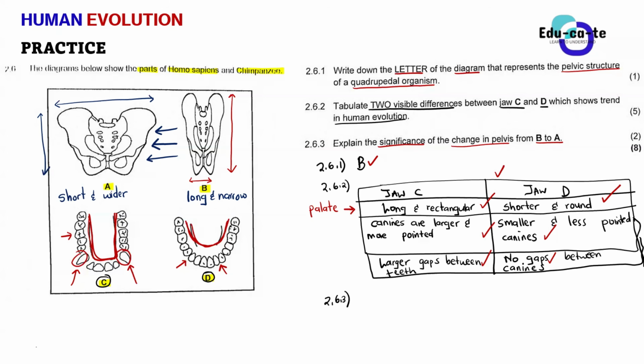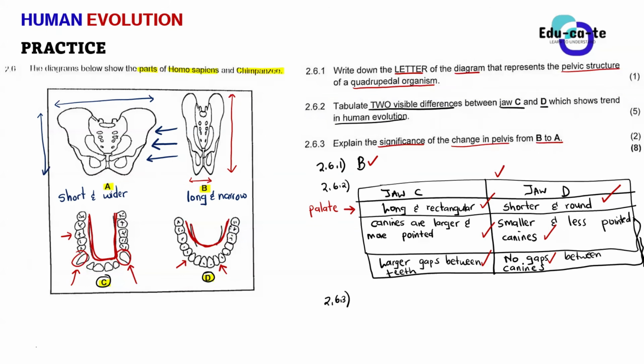Okay. So let's just correct one thing. You have just explained the significance of bipedalism. That's true when you're explaining the significance of bipedalism. But here, from the view of this question, we're explaining why it is important to change from having a long and narrow pelvis to having a short and wider pelvis. So having a short and wider pelvis, you need to try and explain, Uti, what advantage does that bring? It brings bipedalism. That is the actual answer. It enables the organism to be bipedal.